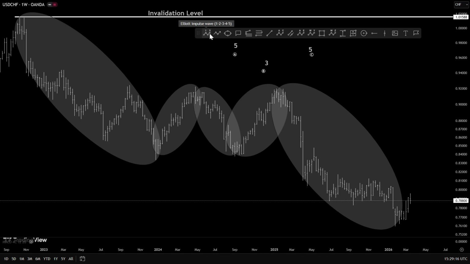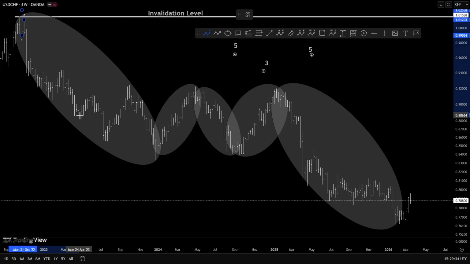Now, this is impulse, corrective, impulse, corrective, impulse to the downside. Let's give it a label, which means in A we must have what is called 5, right? And the level of A is this. We have 1, 2, then 3, 4, and 5. Then this is 1, 2, and the subwave, this is